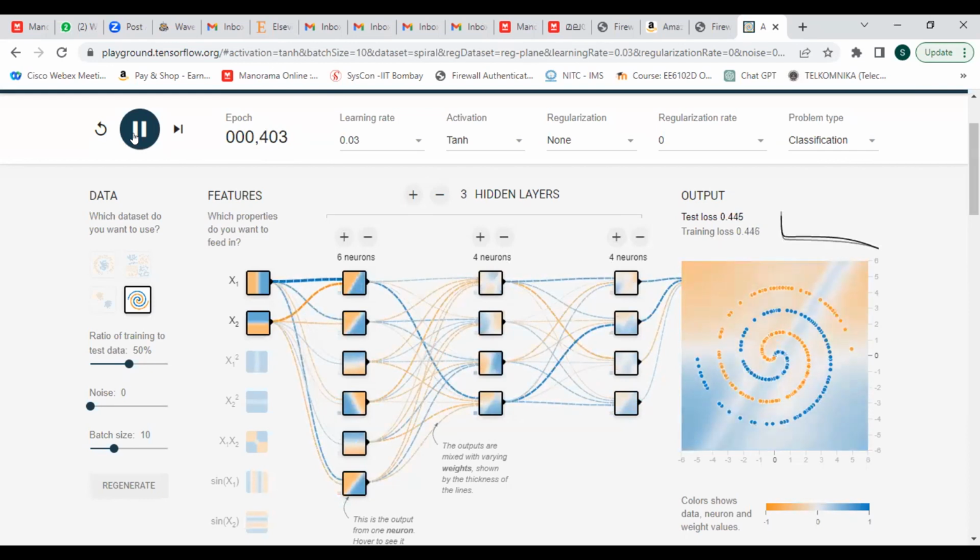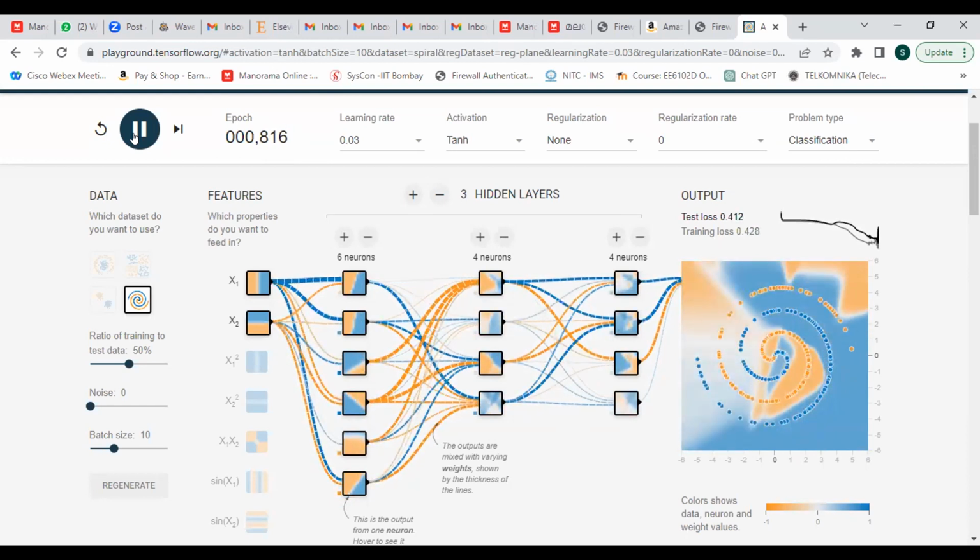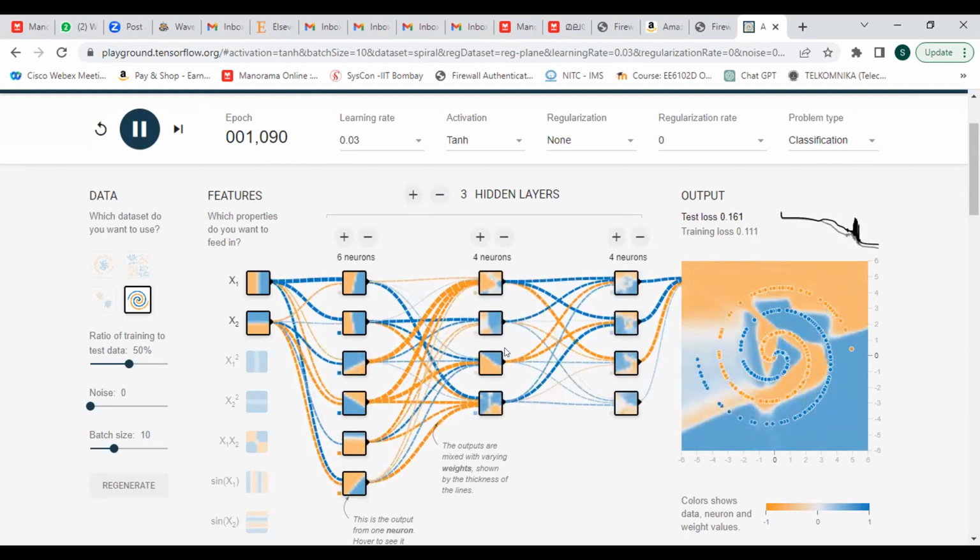Some people apply the validation technique to find the optimal number of hidden neurons, but still there are no hard and fast written rules to find a proper hidden neuron count or hidden layer. Based on the complexity of data and on trial and error, as I have done, you can design the neural network. Now you can see we are getting almost some kind of architecture, which is better than the previous case.